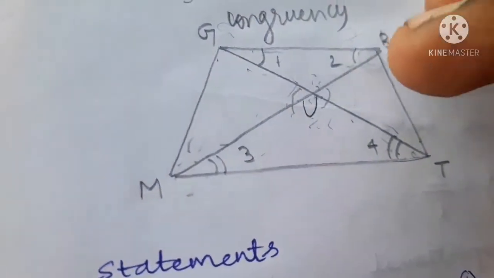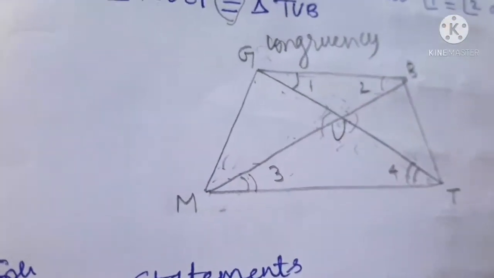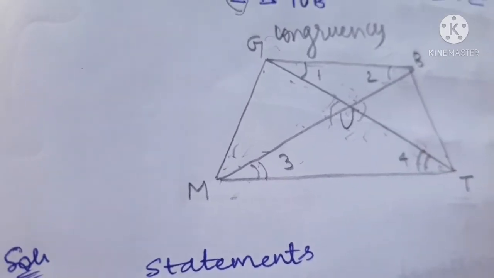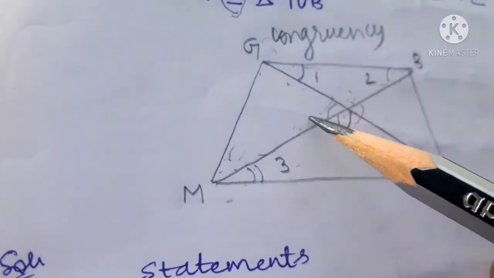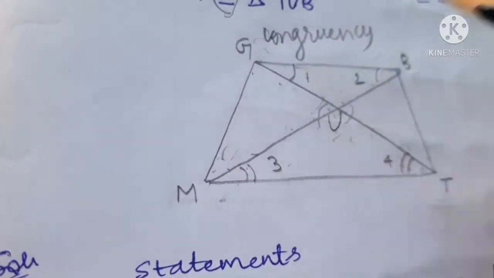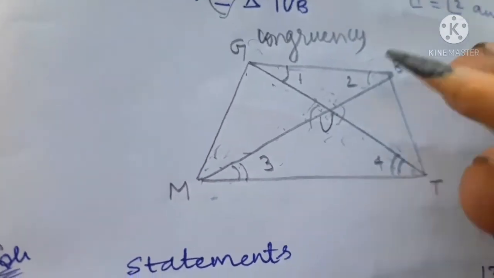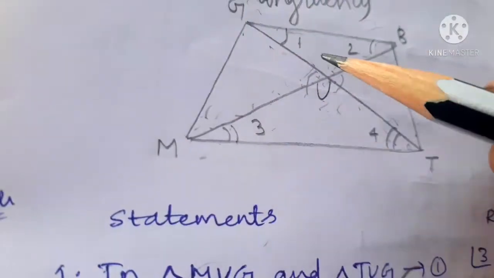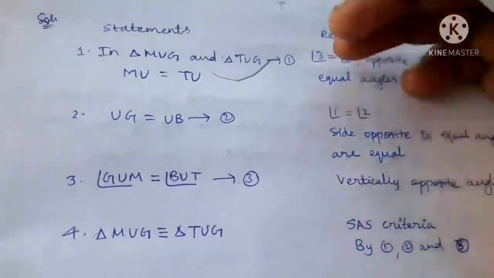See, suppose if there is like this, see, this angle, this side and this angle, if it is equal, then you can do it by ASA, angle, side, angle. Now we are going to use SAS, side, angle and side. Here you can see one side is there, one angle is there and one side. We are comparing three things, but the order should be very important. Okay, side, angle, side. You should give the criterion name according to the order what you get. Okay, so side, angle, side. So we are proving it by SAS criterion by 1, 2 and 3.